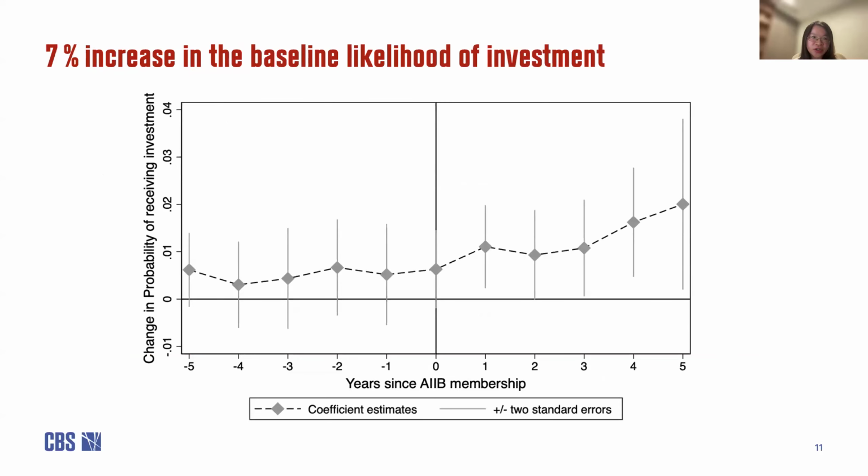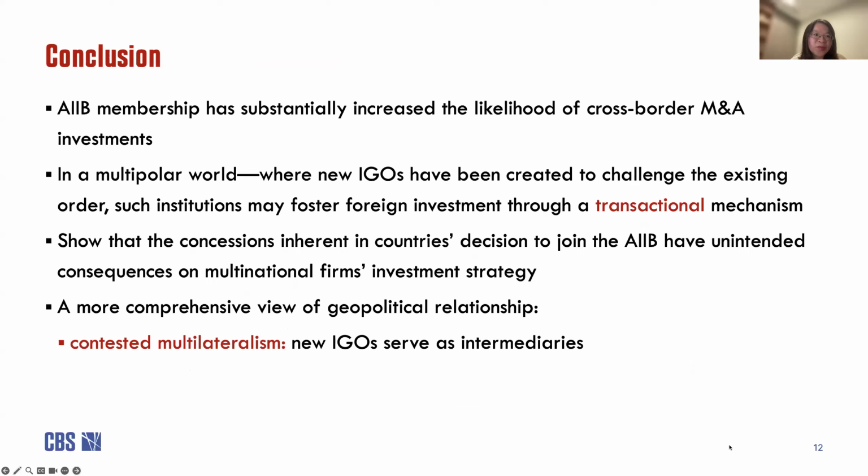This actually translates to a 7% increase in the baseline likelihood of investment. To summarize, through this study, we found that AIB memberships can substantially increase the likelihood of cross-border M&A investment. And we also show, in a multiple-order world where new IGOs are created to challenge the existing order,